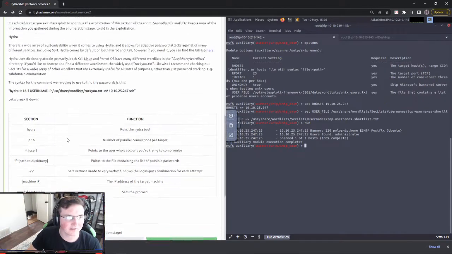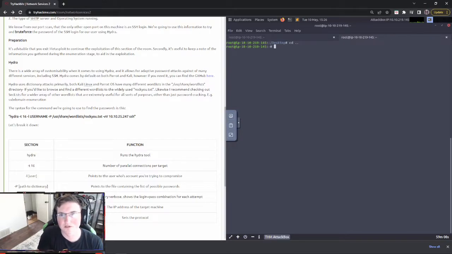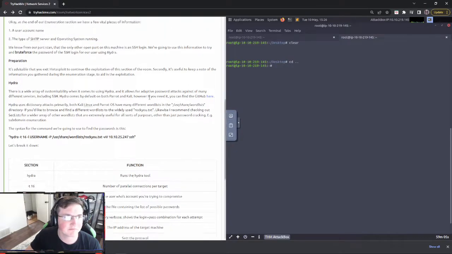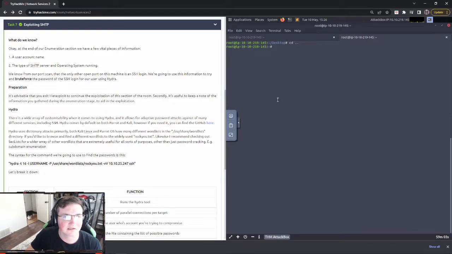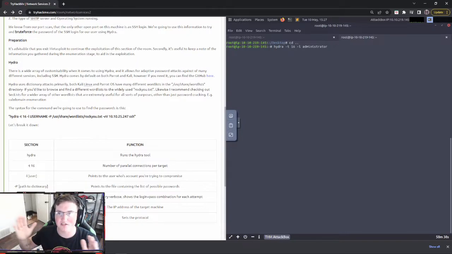So let's go ahead and do it. It gives you the command here. If you guys have never used Hydra, it's actually a really, really cool tool. It lets you brute force, I think it says 50 plus types of things online. This one doesn't go too much into it, but it'll let you do FTP, SSH, all kinds of stuff. It's an awesome tool. So we'll go ahead and do hydra. Now they're doing -t 16. If you have a low-end computer, I don't recommend -t 16 personally. But if you have a high-end computer, go ahead, because that's the number of threads, meaning how many attempts it's making at the same time. So the more computing power you have, the better.